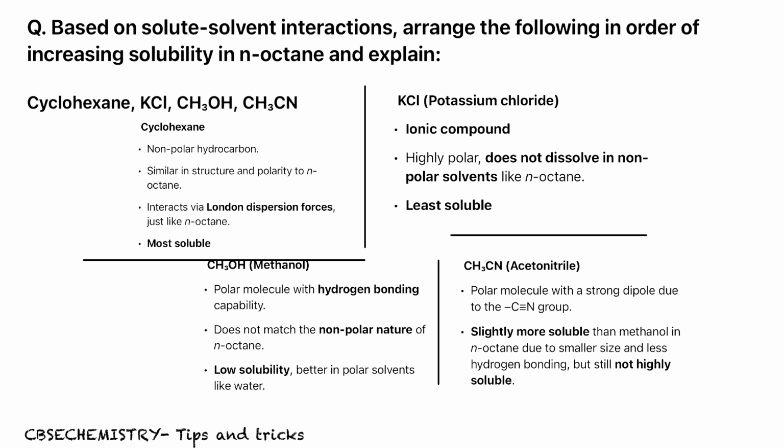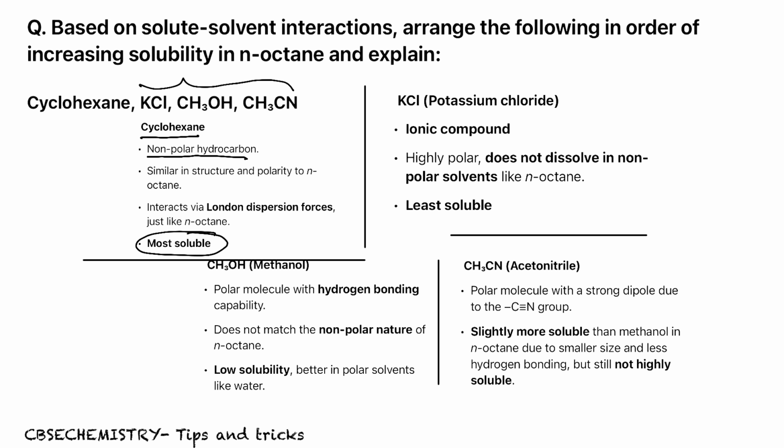Now we can check, is there any non-polar solute among the given solutes? Cyclohexane, right? First one. We know cyclohexane is a hydrocarbon. Definitely it is non-polar, and we know that a non-polar solute dissolves in a non-polar solvent to a higher extent. So definitely that will be the most soluble one. If you check the other three solutes, you can see they have some polar nature. Among them, which one has maximum polar nature? Check, is any ionic compound there among them?